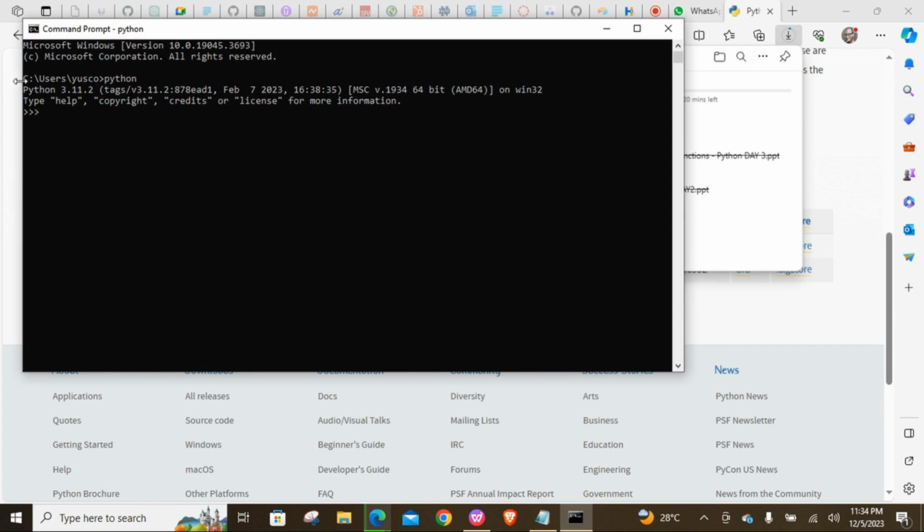So when you look at this now, you have Python 3.11.2 showing the latest version of Python and all other attributes, the date of installation, the time of installation, and the version of the system being used: 64-bit AMD64, Win32, which is Windows 32. So once you are able to see this, you will see help, copyright, credits, or license for more information. This indicates that your Python is working perfectly on your system. Then another thing you